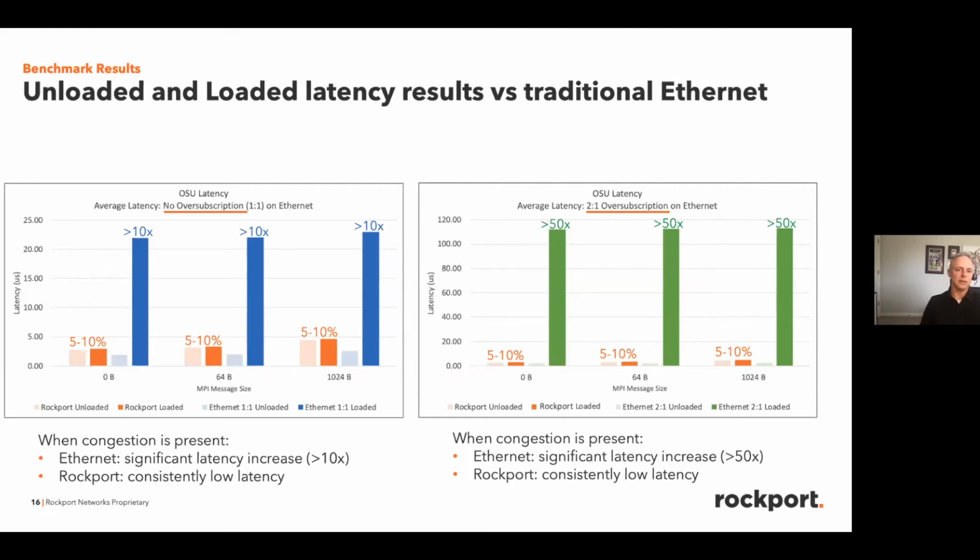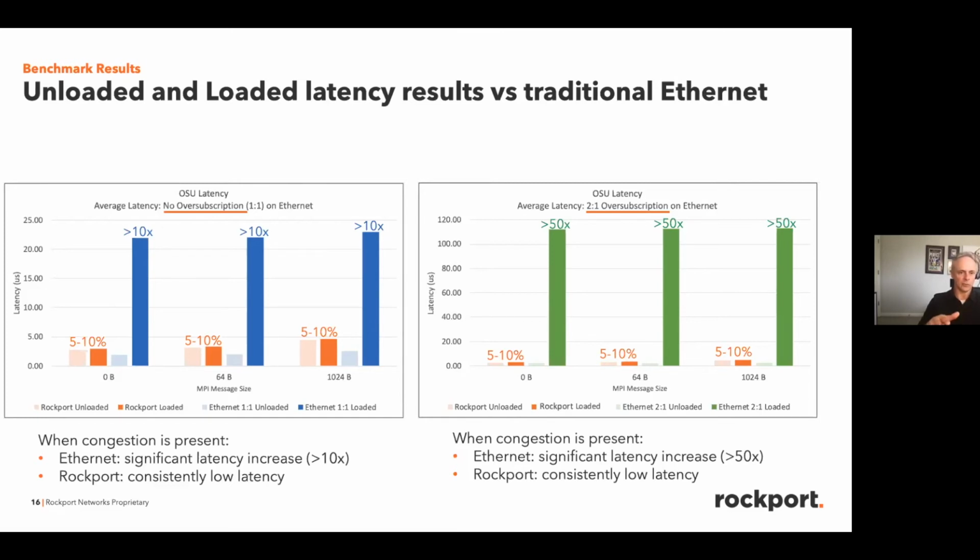But if we look at the latency tests, in this particular case, we're talking about the OSU latency benchmark. What we did was design a test where we could completely congest all of the interconnect links between the spines and the leafs on an Ethernet network. And then we contrived the network within our network so that we are completely congesting the same amount of bandwidth between the workloads that are doing the OSU latency tests. When we inject 100% congestion on a non-oversubscribed network within Ethernet,